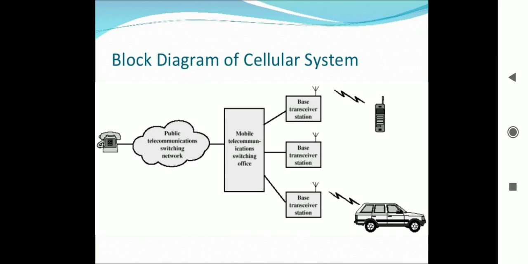Again, related to the operation of a cell, each cell is controlled by a centralized base station. Now in this block diagram you can see the base station, and there is MSC and MS. What is the meaning of these short forms? See in the block diagram, MS means the mobile station.